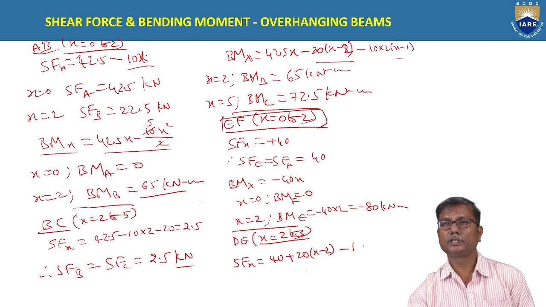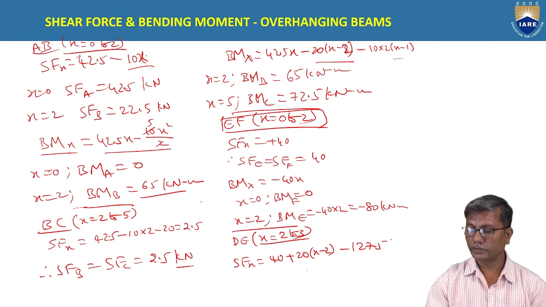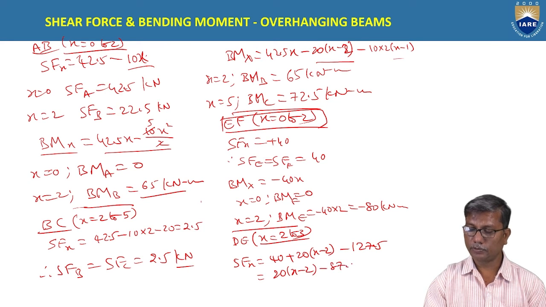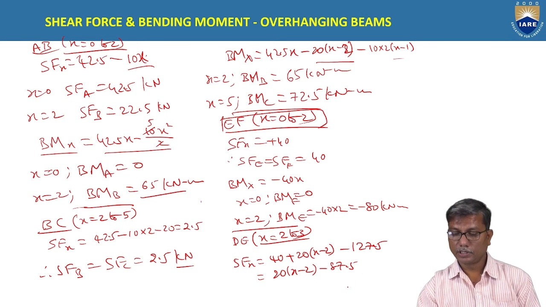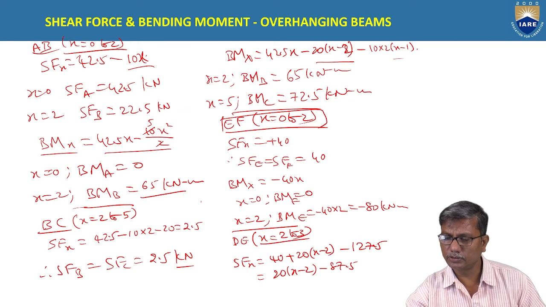127.5. So this becomes 20 into (X minus 2) minus 87.5. Now we substitute the values 2 and 3 for X to find the shear force